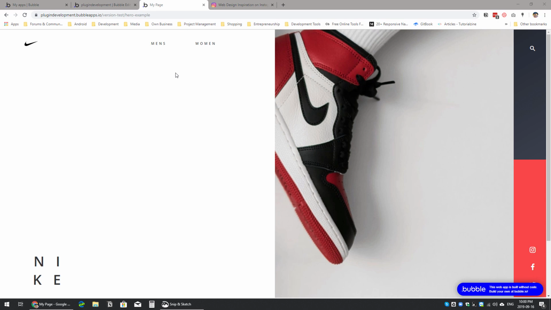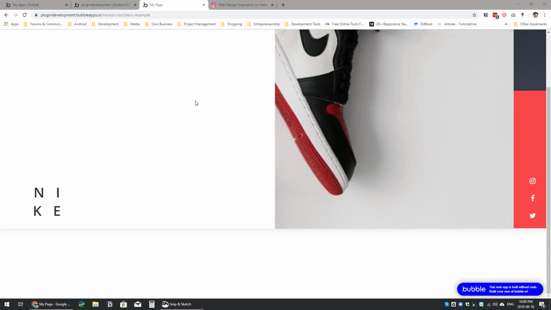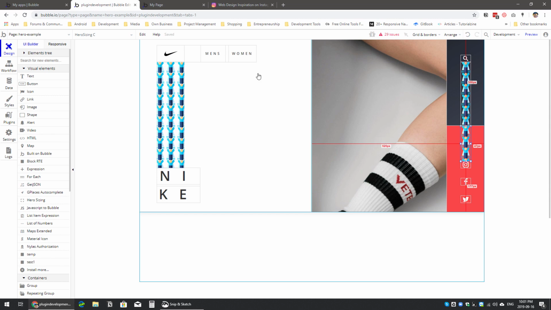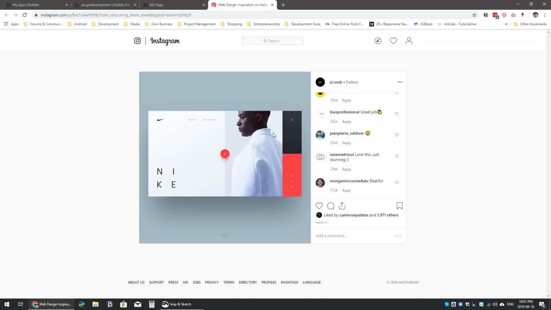All right, so it took a bit of tinkering around, but I finally got it where I want it to be. And as you can see here, the group terminates at the end of the hero group, and the final value was actually 67.8%. But that doesn't matter. Now that we're done, we can shift our attention to the last part of this design, which is the